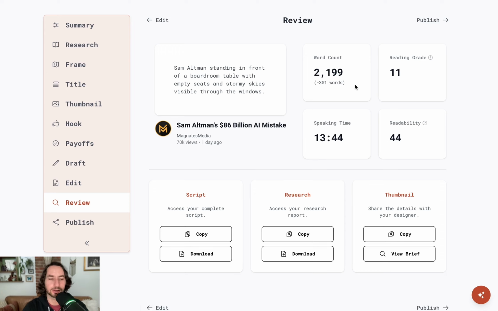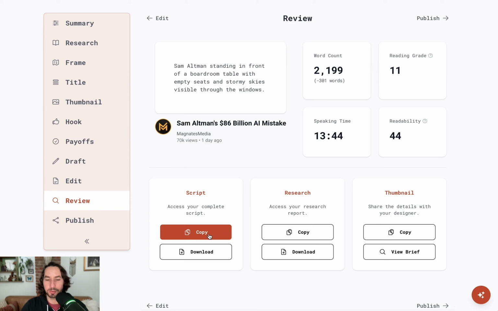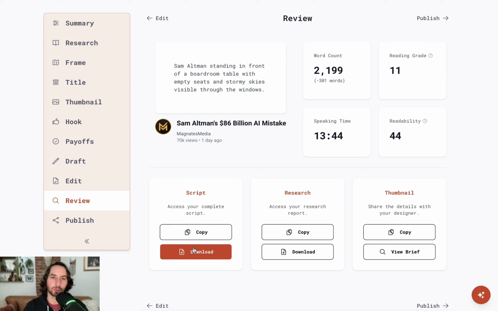If the word count target isn't quite on point, in the edit step, you can also just choose section by section which edits that you want to keep and which ones that you don't. Now we've got our script pretty much ready to go. What I can do is just click copy, and this is going to copy it to the dashboard, or I can download it, and this will download it as a Word document, and I can send that on to my voiceover artist, or I can put it up on the screen if I'm using a teleprompter or just speaking out the script. And if I want to, I can also just click copy, like I said, and you can paste that right into a Google Doc. So now you have your script.